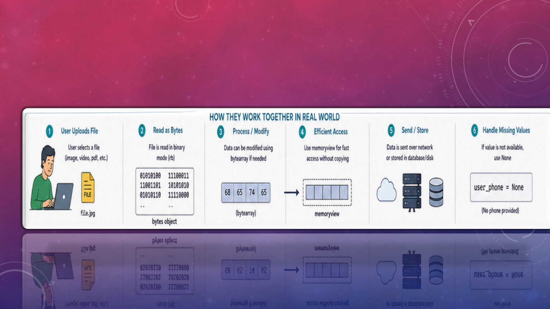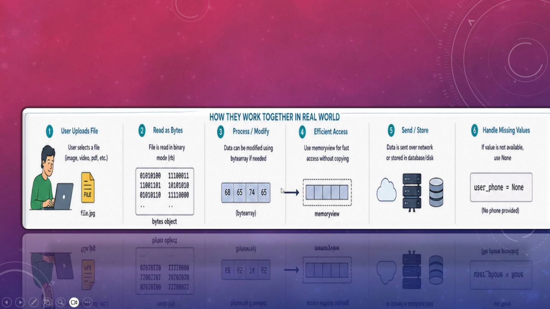So how do they work together in the real world? In a real-world example you might be using all of these. The user uploads a file, an image, video or PDF, which are in binary representation. Then you want to read those bytes, so the file is read in binary mode, rb, and bytes objects are taken. I want to modify them, so data can be modified using bytearray only.